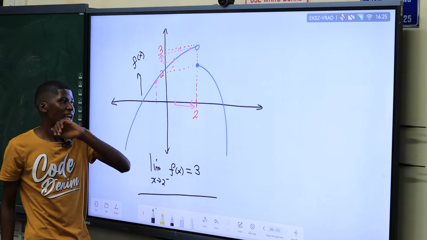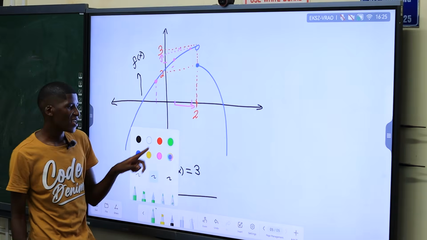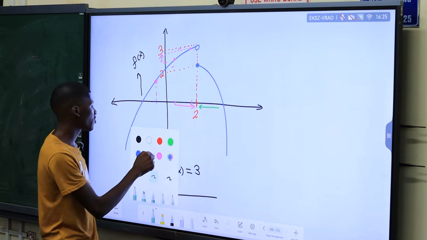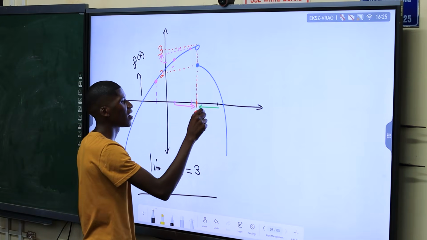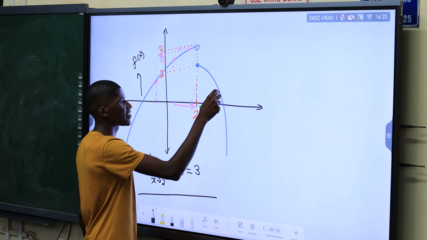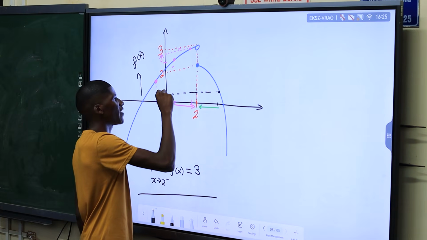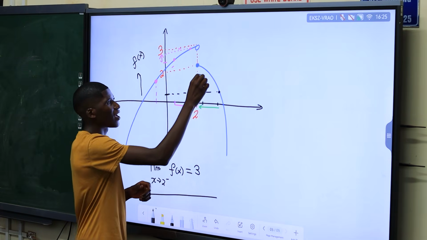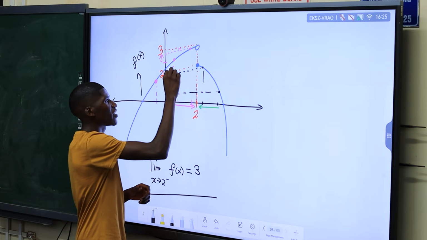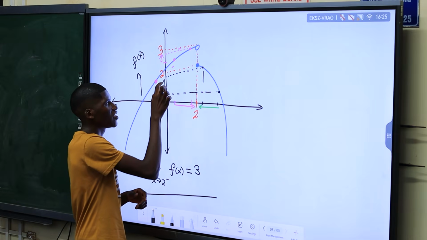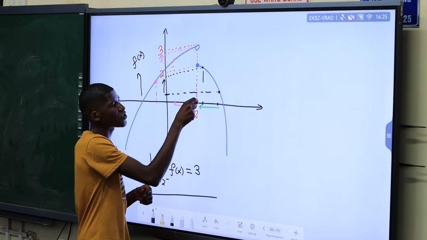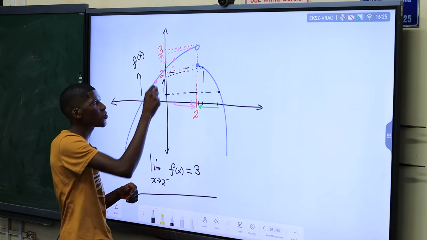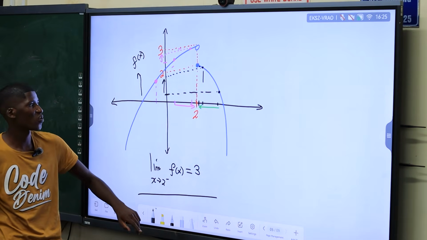Let's approach 2 from the right here. We want to approach 2 but from the right. The y value is somewhere here, which corresponds to a value that is even less than what? 2. If we get closer to 2, the y value is getting closer to what? To 2. If we get even closer to 2 on the x-axis, the y value will be so close, if you check it on the y-axis, to what? To 2, and that happens infinitely.